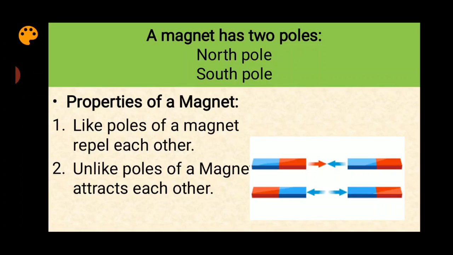We have also learnt about the properties of magnet, which are like poles of a magnet repel each other. For example, if we bring north pole of one magnet to the north pole of another magnet, they will repel each other. Similarly, if we bring south pole of one magnet near south pole of another magnet, they will also repel. Another property of magnet is, unlike poles of a magnet, attract each other. For example, if we bring north pole of one magnet near south pole of another magnet, they will attract each